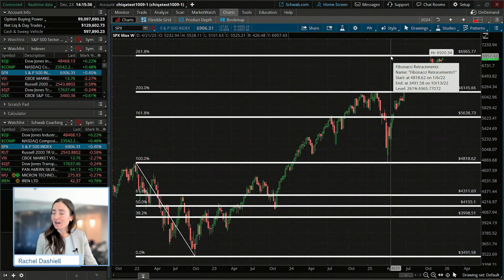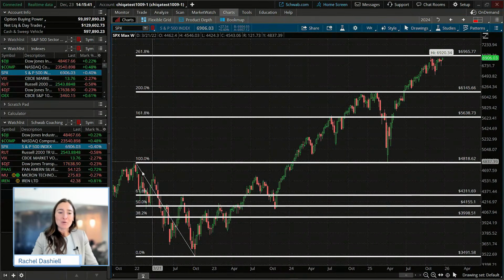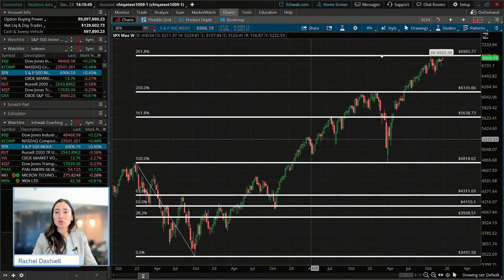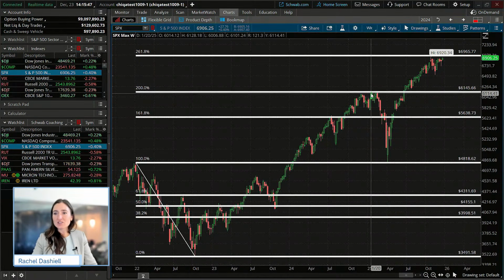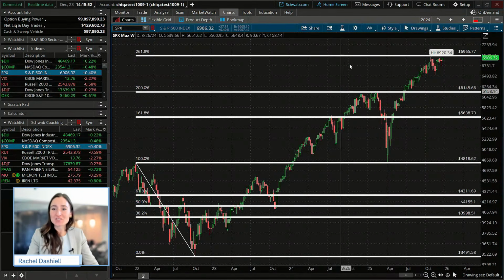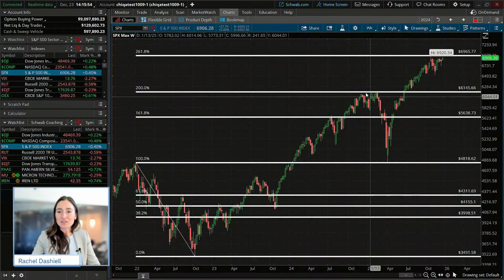So profit taking, stop orders, that's why traders will use these as levels of support and resistance. It's kind of neat how this really adds up with the overall market. A little hint for you: if you do that with the NASDAQ composite, you'll see a similar level taking shape there, where it's stalled out at those Fibonacci levels. So this is a max weekly chart in this case.